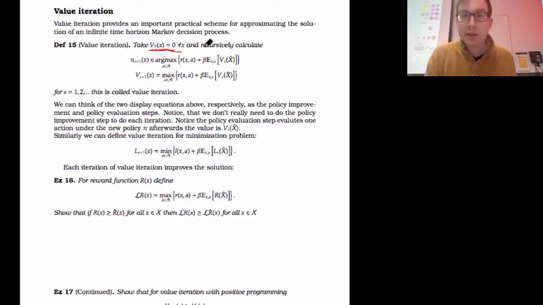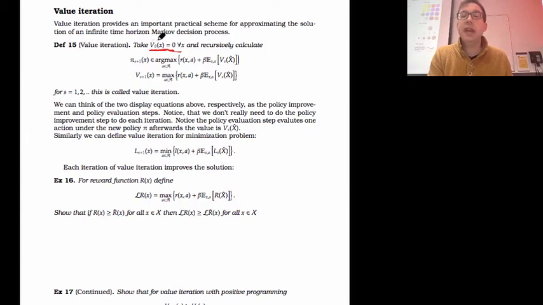Then you say, given the value function from the last step, what is the best action that I can take over one time step? So I take an action A from state X and I get a reward R_x(A), and then I add beta times the expected value of the value function from the last step.